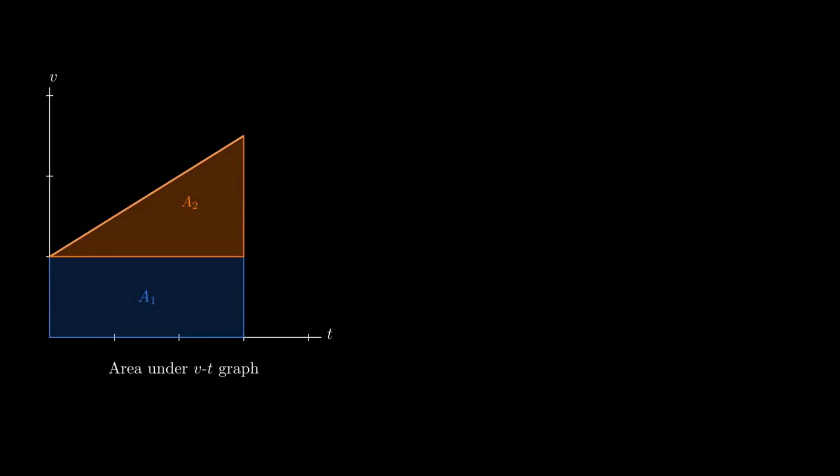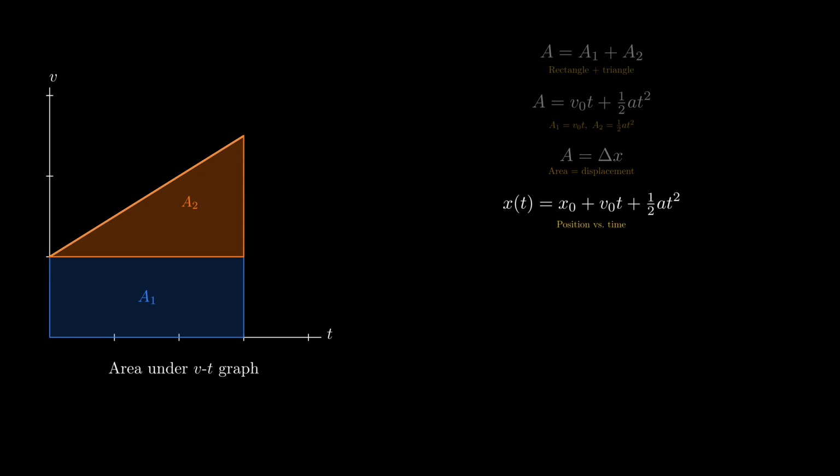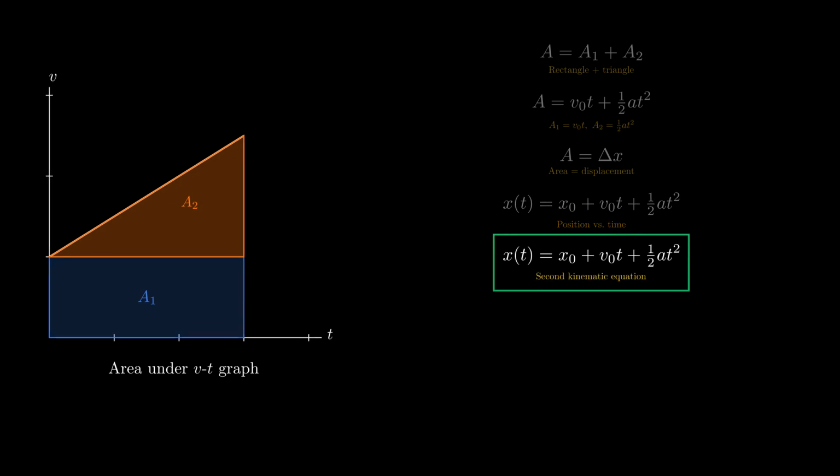Now let's add both contributions together. The total trapezoid area is a1 plus a2, which gives v0 times t plus 1/2 at squared. This total area equals the displacement delta x. Writing position as a function of time, we get x of t equals x0 plus v0 times t plus 1/2 at squared. This is the second kinematic equation, and it tells us that displacement equals the area under the velocity